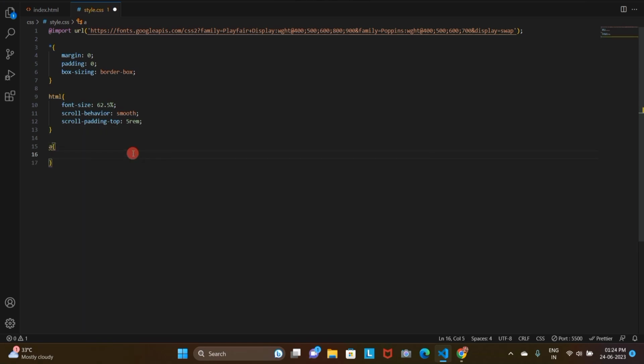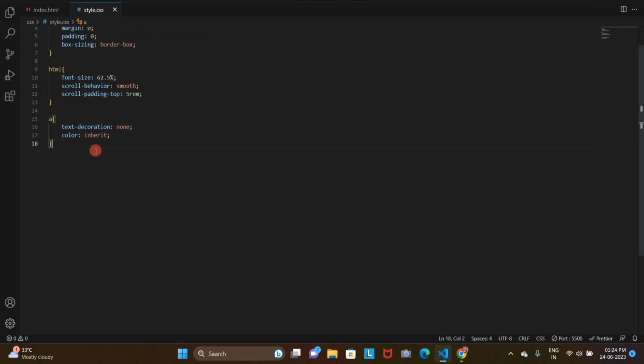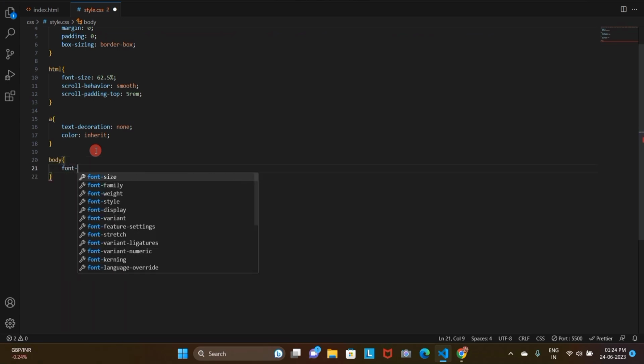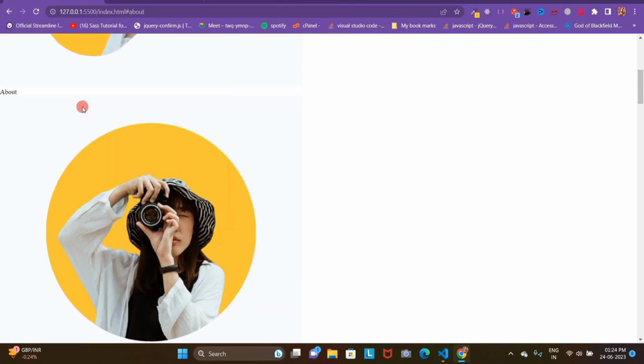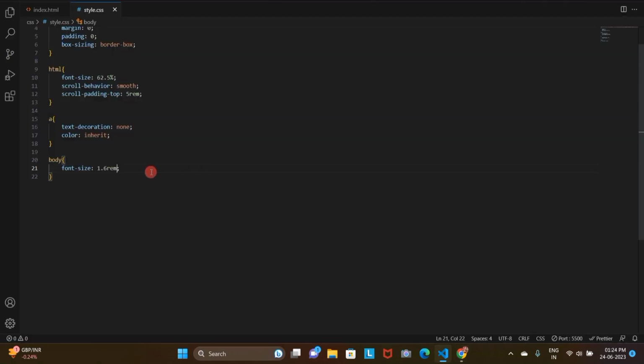Now let's add this anchor tag. By default, anchor tags have text decoration, so let's remove that. Also, anchor tags have their own specific color. By default they do not inherit the color of their parent, so we want it to inherit. I'm going to write color inherit, and we're almost done with the basic styling. Now for the body, let's first add the font size back to normal, that is 16 pixels, which is 1.6 rem. And then let's set the width to 100%, and add a min height of 100 viewport height,